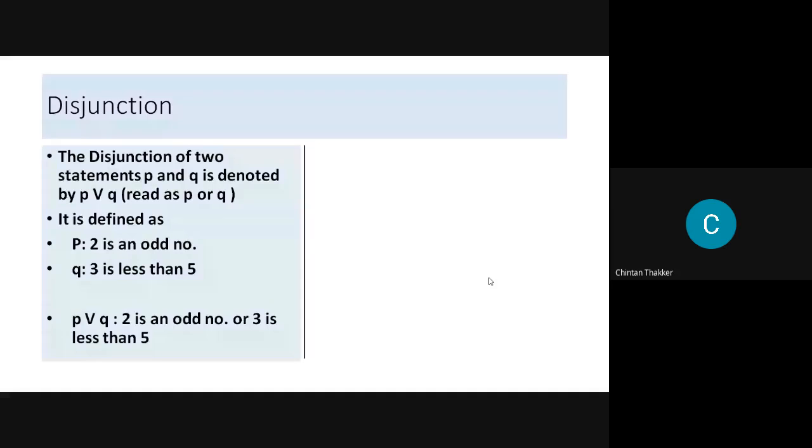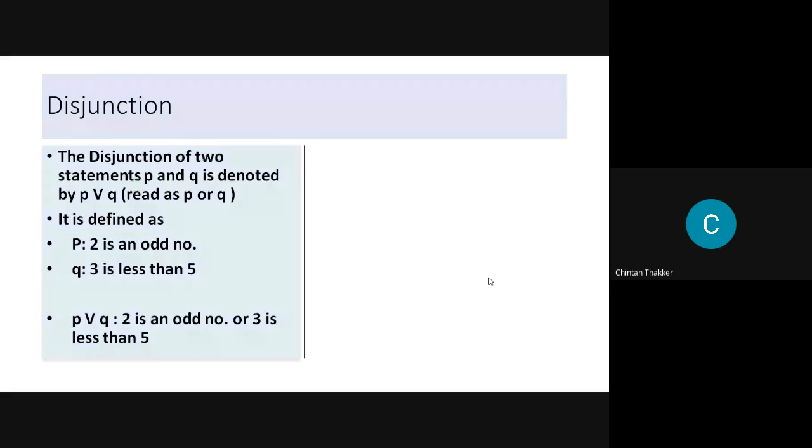Then P or Q is defined as: 2 is an odd number or 3 is less than 5. In a disjunction, if both statements are false, then only the disjunction is false.